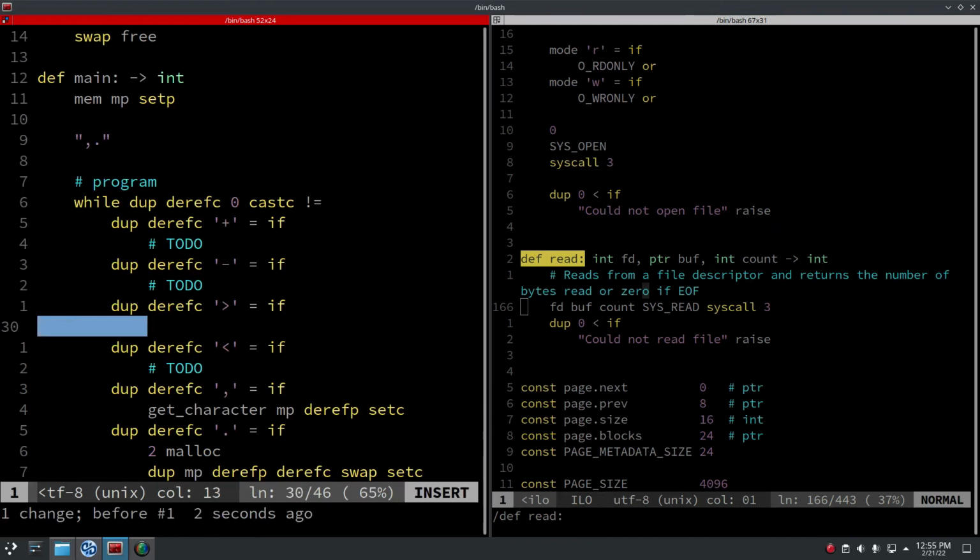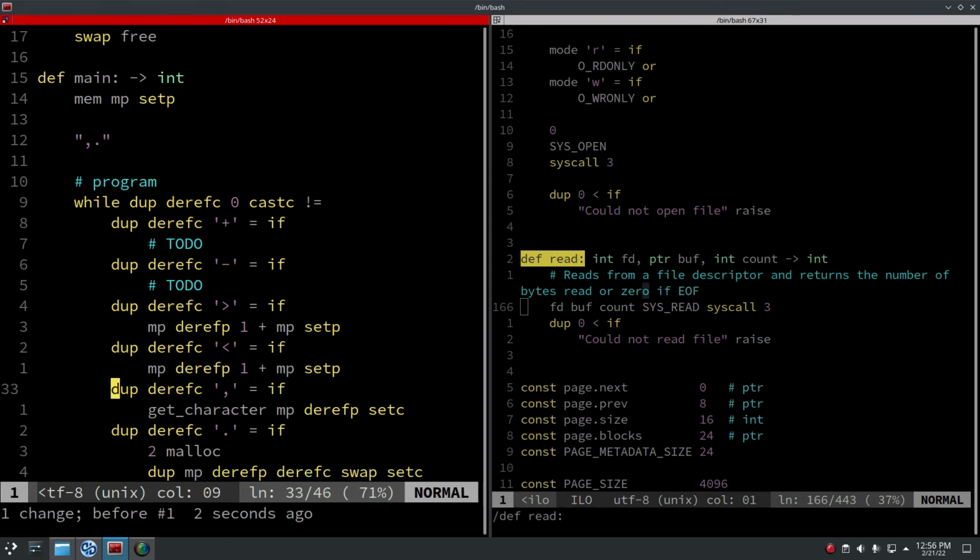these two. So we move to the right, so we increment the memory pointer. So we take the memory pointer, the value of the memory pointer, not where it points at, but its value. We increment it, and then we put it in MP into the memory pointer buffer. And this is the same, but it's decrementing. These are similar, but instead of using the pointer, incrementing and decrementing the pointer, we actually want to,